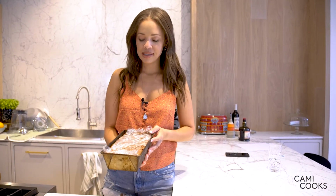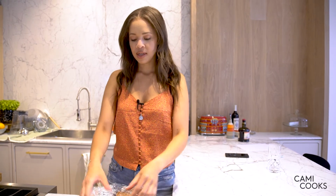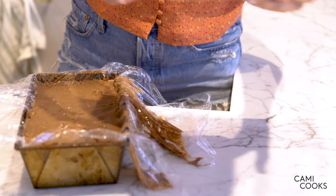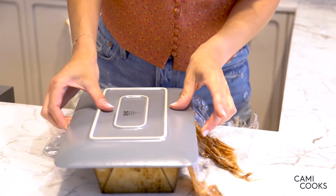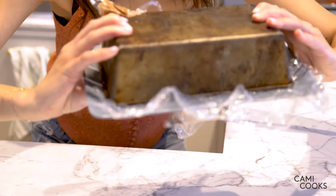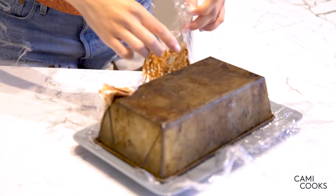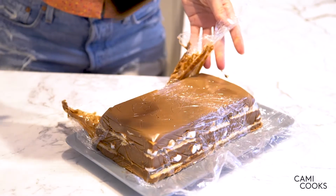So because we painstakingly wrapped this guy in plastic, it's really, really easy to invert. All you have to do, unwrap, and then you go like this with your platter. You put it like that, and you hold the edges carefully, and you flip. Now I'm gonna get chocolate on my counter, but so it goes. Not too bad actually. And then you just lift this off,